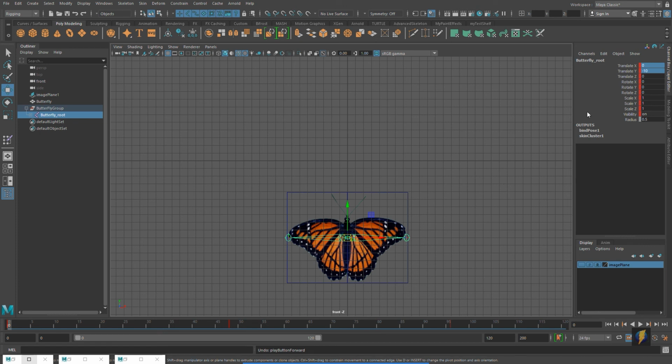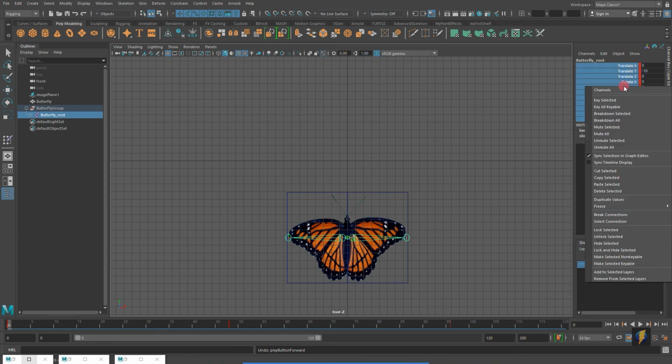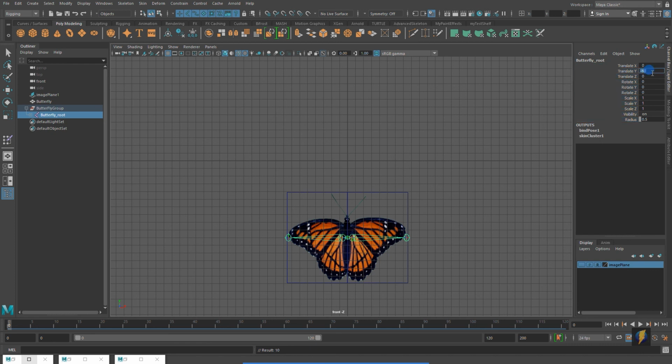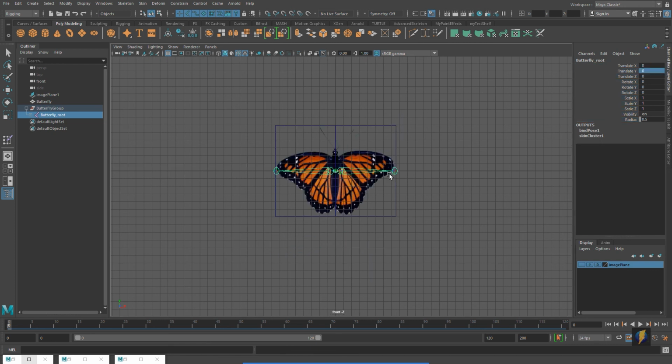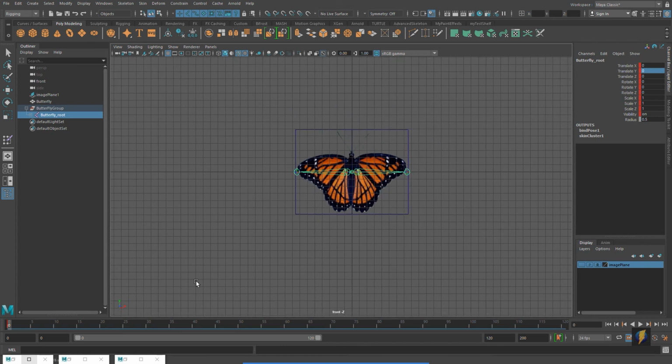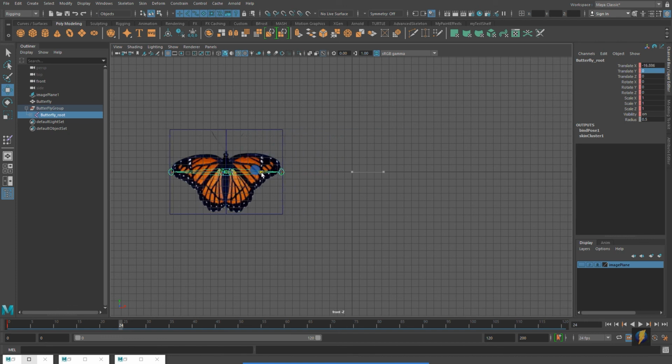Actually, I think I'm going to try something a little different with this. So I'm going to go ahead and get rid of the animation on that root, set it back to 0. We're going to start with the butterfly at the origin, so I'll key it. And let's see, we'll go to frame 24. We'll probably end up scaling this animation, but I'm going to bring the butterfly over to the left like this, key it,